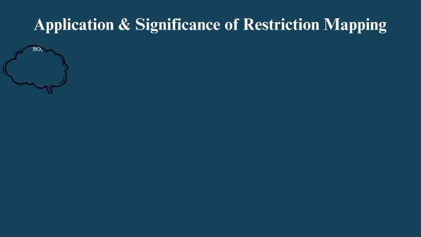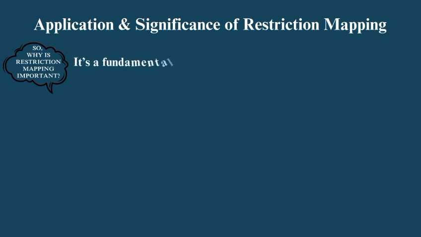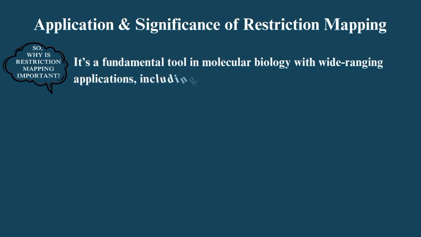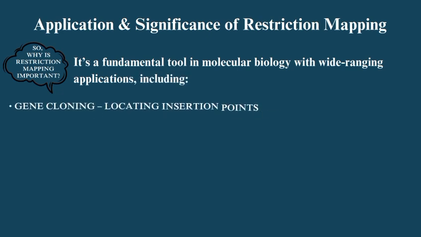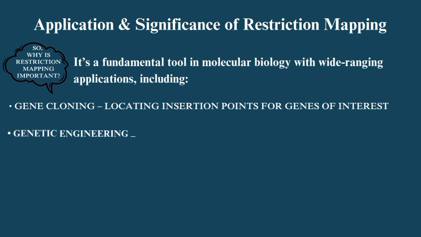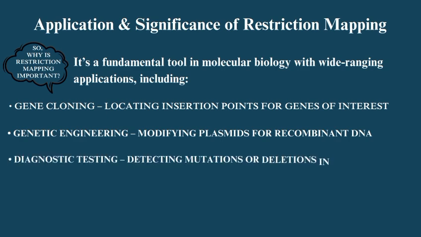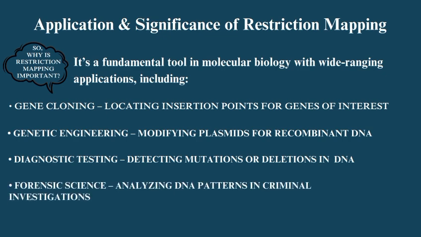Application and significance of restriction mapping. So, why is restriction mapping important? It's a fundamental tool in molecular biology with wide-ranging applications, including gene cloning, locating insertion points for genes of interest; genetic engineering, modifying plasmids for recombinant DNA; diagnostic testing, detecting mutations or deletions in DNA; forensic science, analyzing DNA patterns